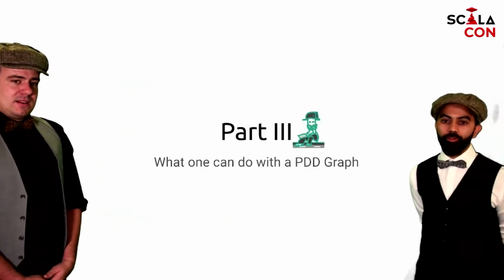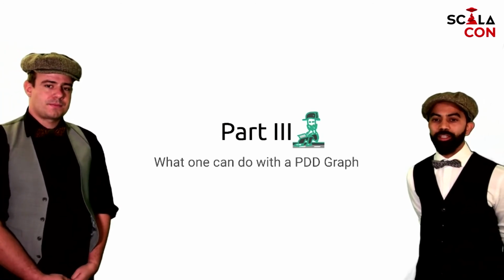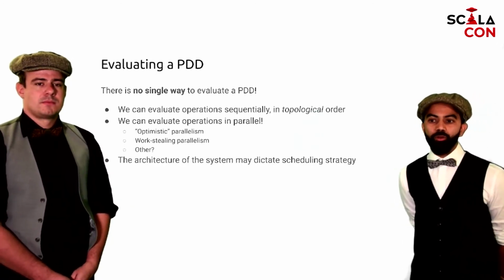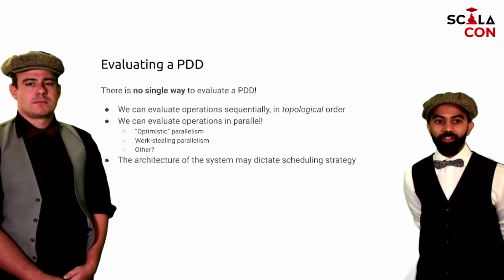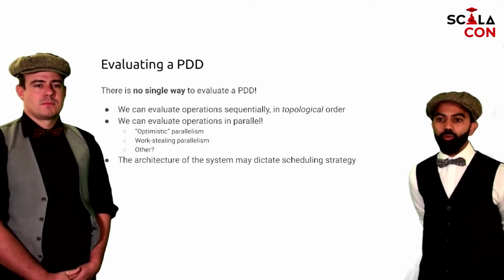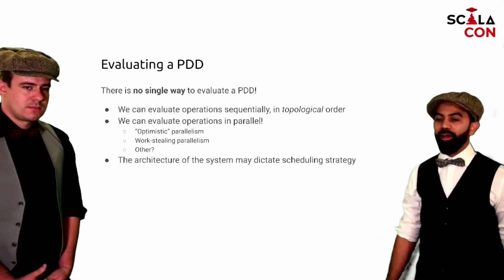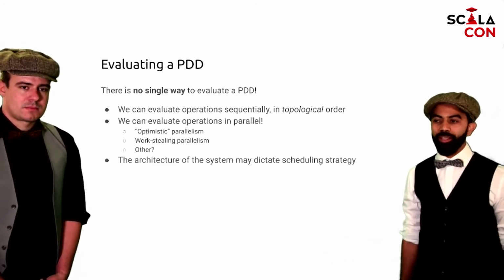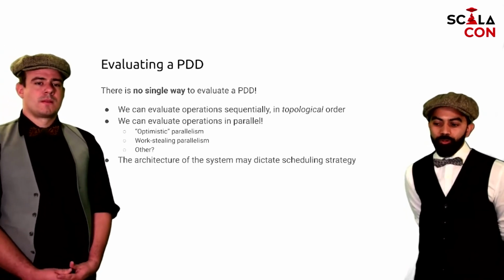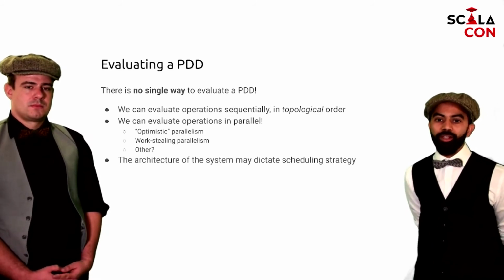That's right. So now that you know what PDDs are, let's find out what we can do with such a thing. So what is a PDD graph to start with? Recall that we said that every PDD knows where it came from, so it knows the operation from which it resulted. As we said before, if you walk your chain back from a PDD that you want the result for, you can construct the whole graph of everything that led you there. So this is the graph that you built, and then all you need to do when you want to evaluate a result is to essentially schedule and evaluate this whole graph.